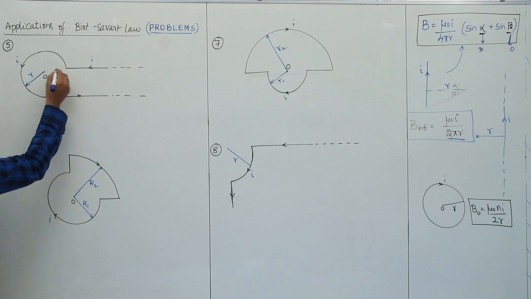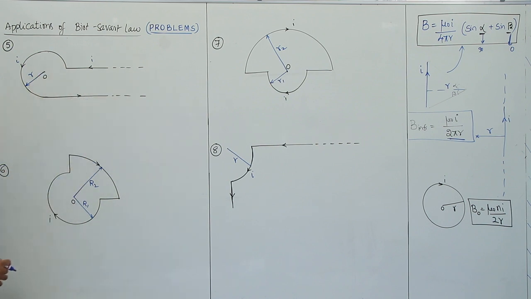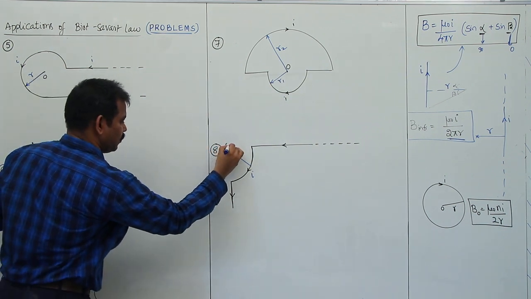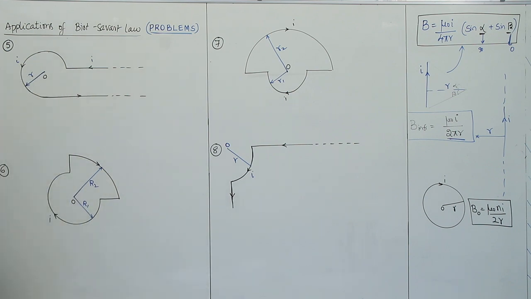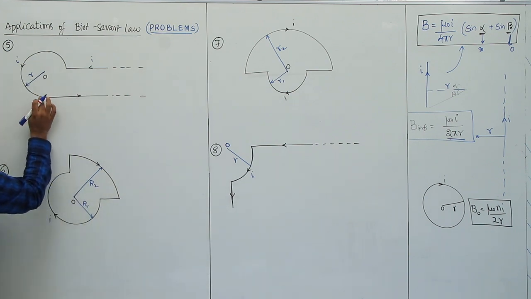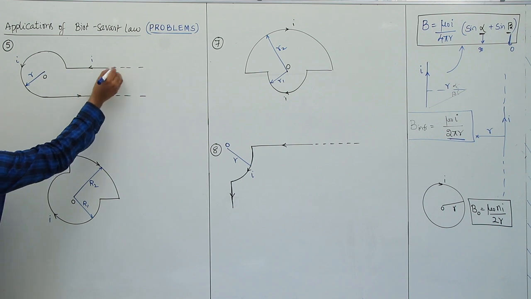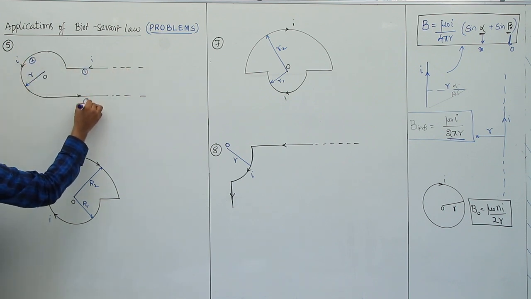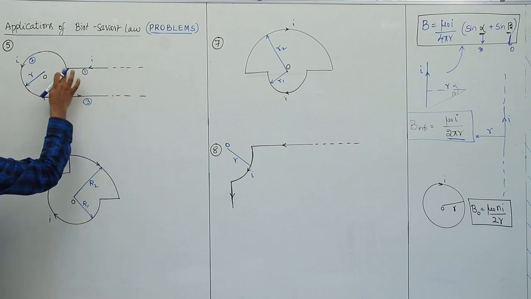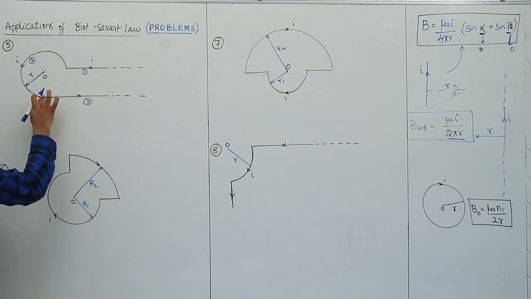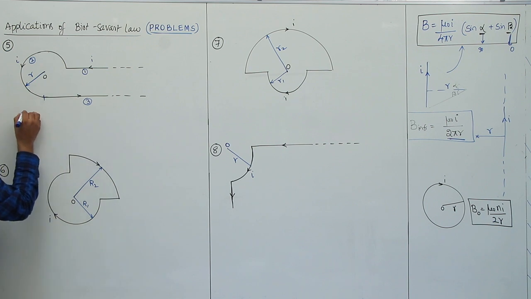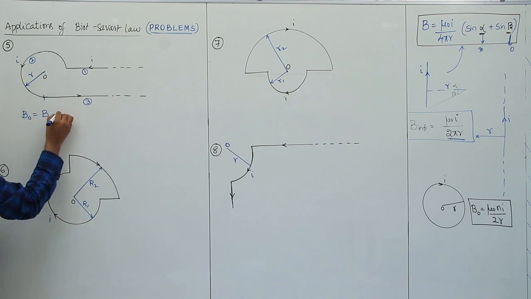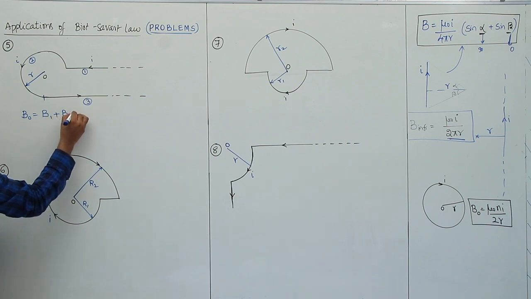Fifth one. Here in each and every diagram I want to find out the magnetic field at center O of the given figure. Now here in the first case, this is the first portion, this is the second portion, this is the third portion. So from here to here infinite wire, 3/4 of a circle, once again infinite wire. So the magnetic field at center O is given by the magnetic field due to the first wire plus the magnetic field due to the second wire plus the magnetic field due to the third wire.